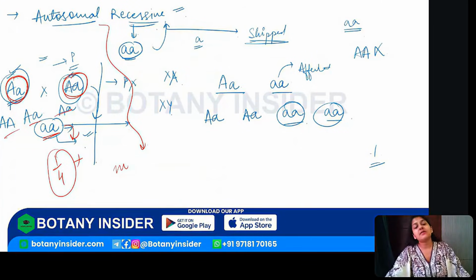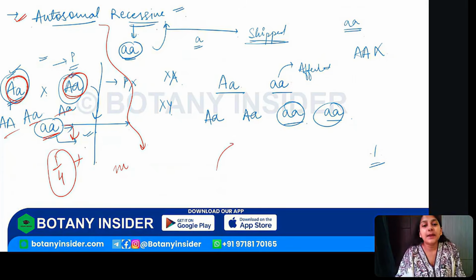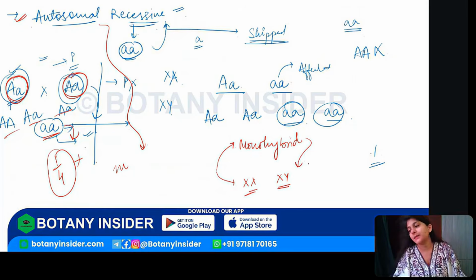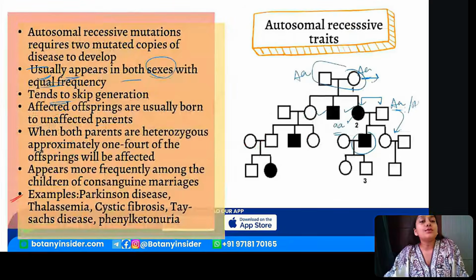Did you understand the first one? This is autosomal recessive. The entire pedigree analysis is dependent upon your understanding of monohybrid crossing, and for the sex link, the XY link that we discussed, it is based upon your understanding of XX and XY, and obviously the monohybrid crossing, that how the crosses are being made between them, right? So it's very, very easy. If you have understood, have the next segment of autosomal dominant.